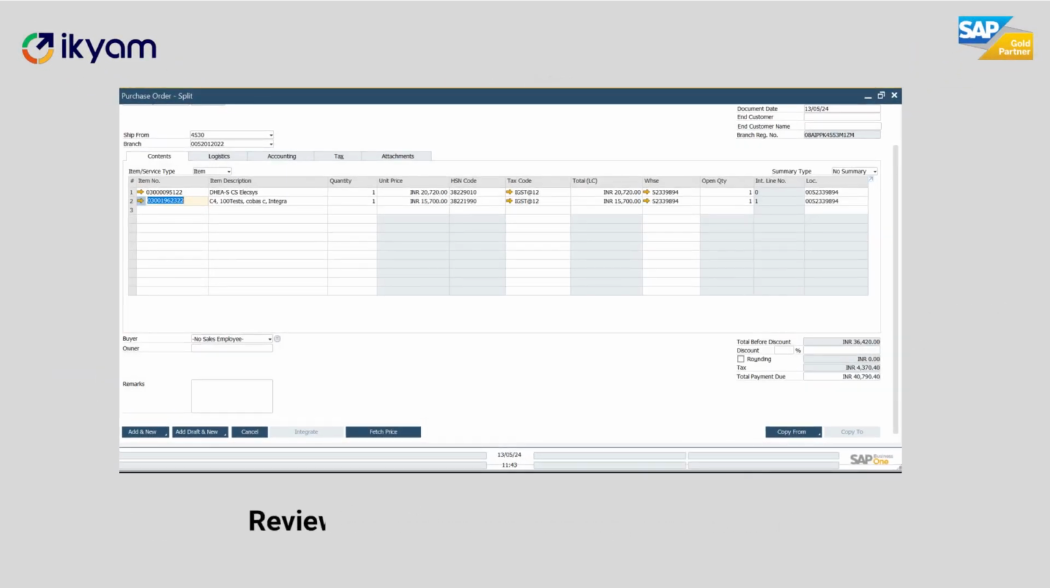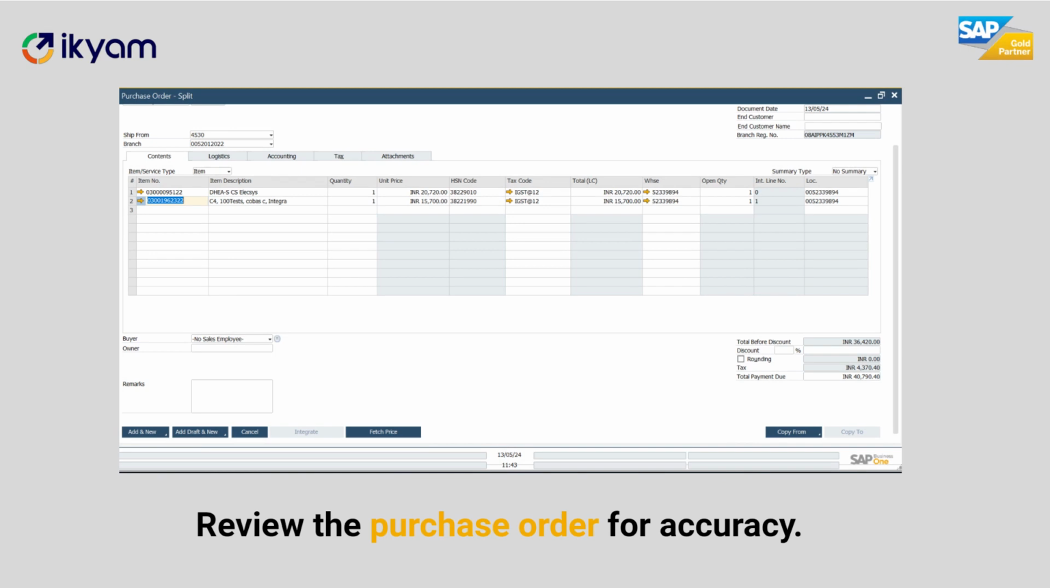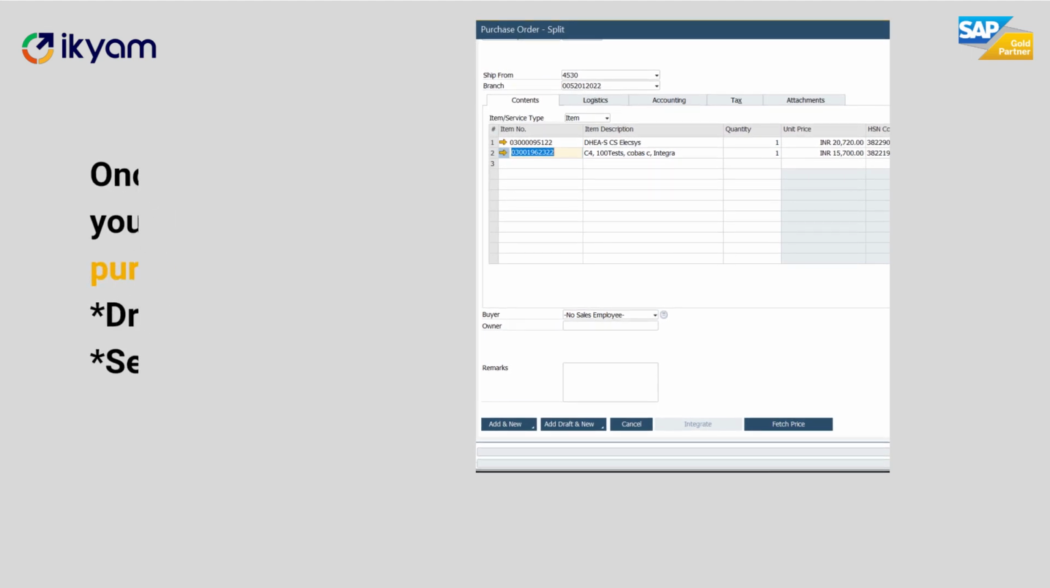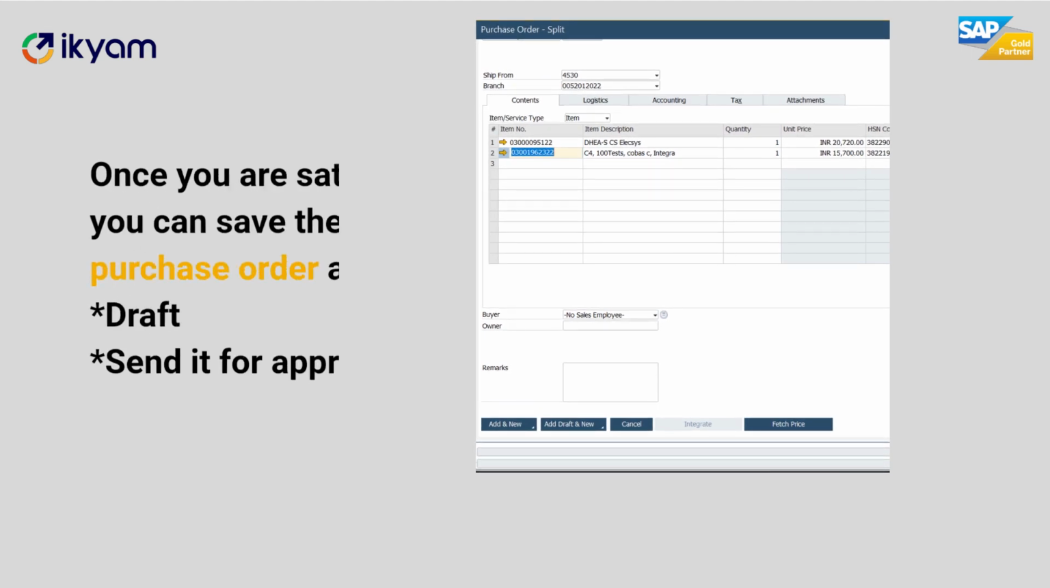Step 6. Review the purchase order details to ensure accuracy. Step 7. Once satisfied, you can save the purchase order as a draft or submit it for approval, depending on